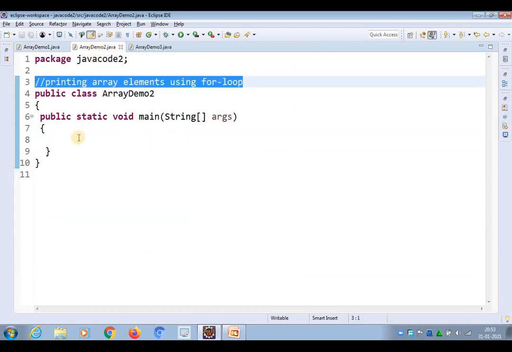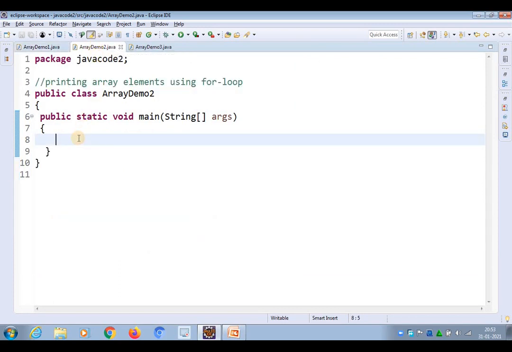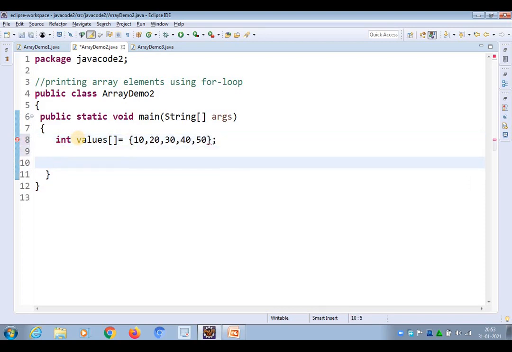Let's write another example, that is, I am writing ArrayDemo2. In ArrayDemo2, we are printing the elements by using a for loop. For doing that, I am directly initializing the values, that is 10, 20, 30, 40 and 50. Now let's print its elements.